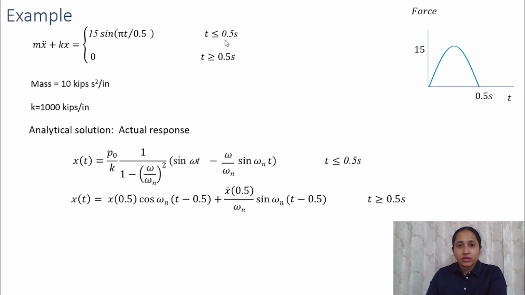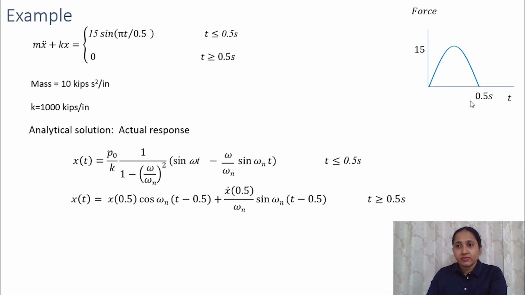So when time is less than 0.5 seconds, that is under the forced vibration, the response is given by this, that is P naught by K. P naught is the amplitude, that is 15. P naught by K, 1 by 1 minus frequency ratio square times sine omega t minus frequency ratio times sine omega n t. So this will be valid when the system is under forced vibration,